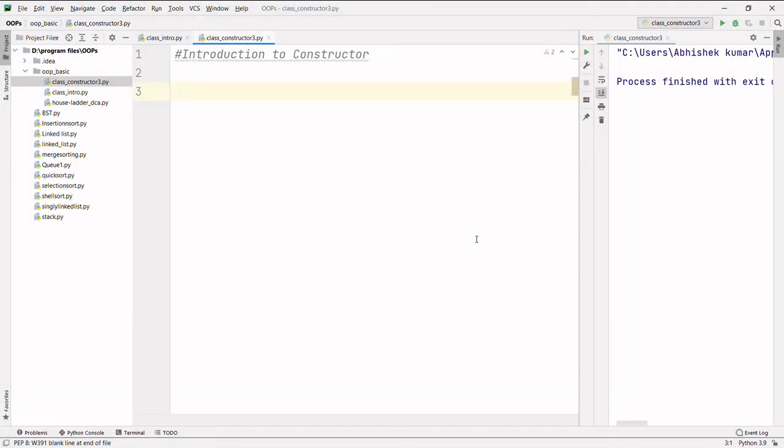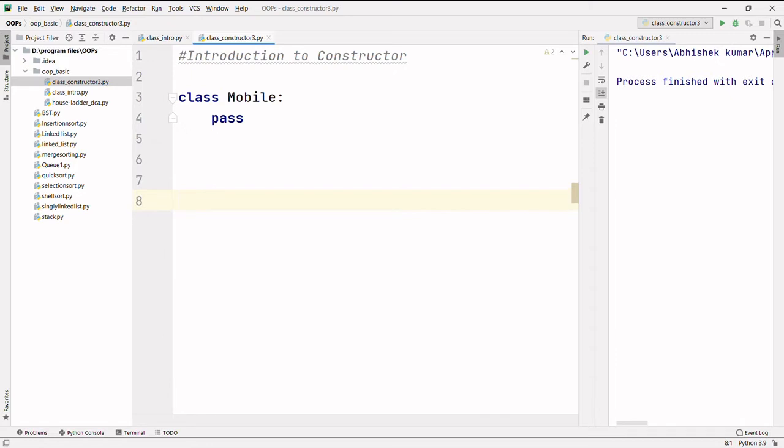So now we are in our PyCharm IDE. Let's define a class. Let's say class Mobile. We are going to keep it empty for a while, and for that let's use the keyword pass. Now let's create an object of that class. Let's say the object name is obj1, and to create that object we write obj1 equals Mobile with parentheses. As we have seen, when we create an object of a class, the constructor gets called internally,